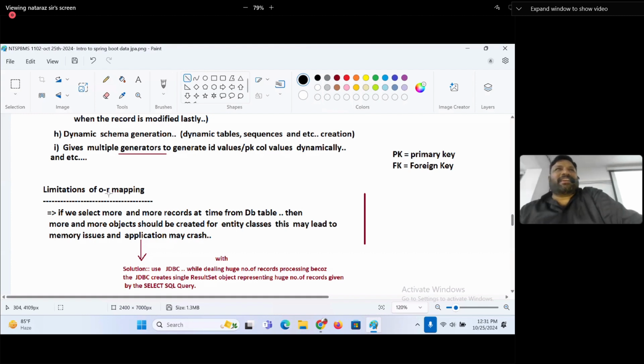Don't be busy writing. Listen to my wordings also, boss. I only said worst case. I am giving the solution of pagination, which will force us to select 100 records at a time even in the worst situation. If you select more and more records at a time from the DB table, then more and more objects should be created